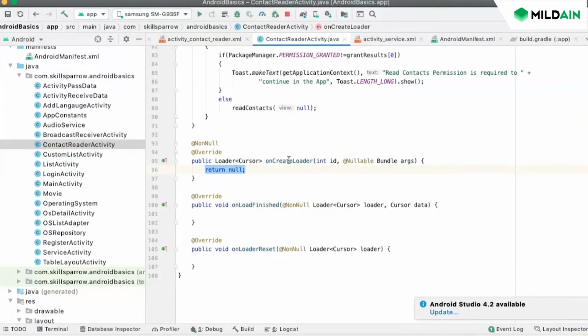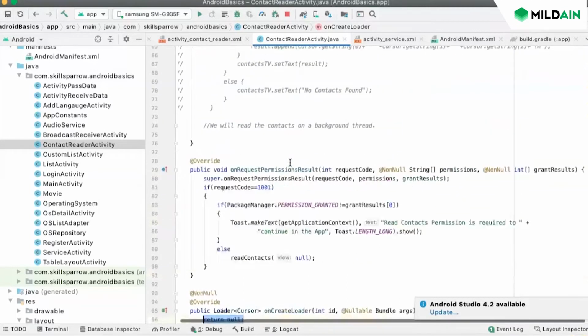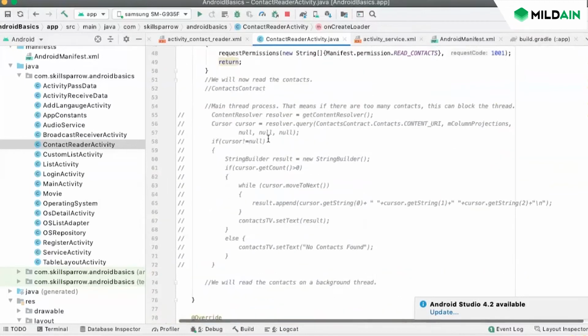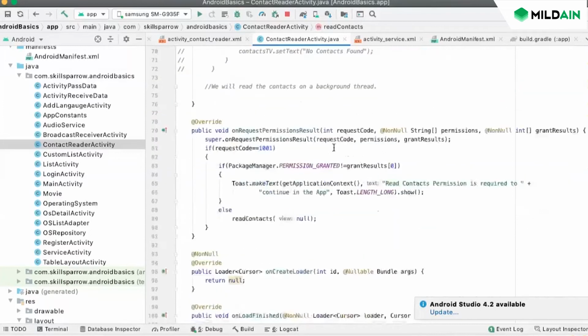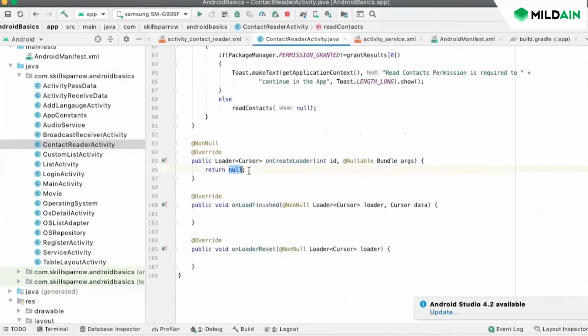So it says create the loader. You want to first create a loader. What is the loader? It is the same loader that we created with content resolver. Instead of content resolver here, we will now create a loader. So from here, on onCreateLoader, return a new CursorLoader with the context,